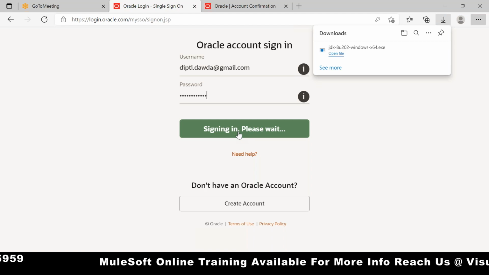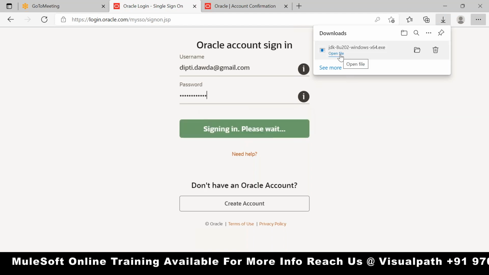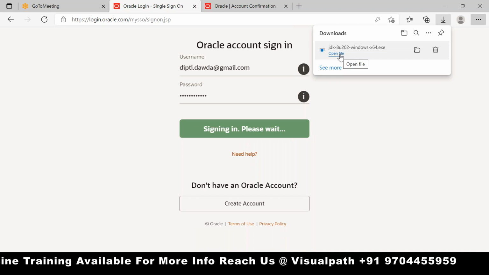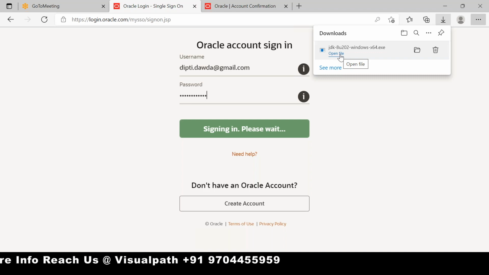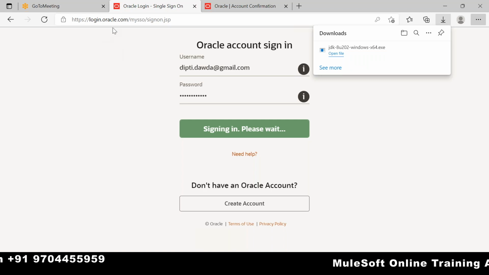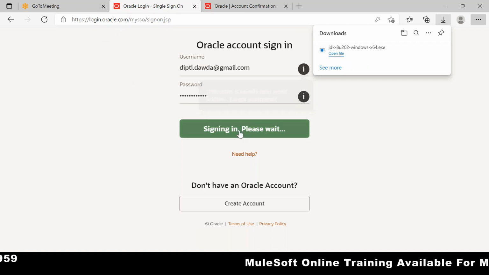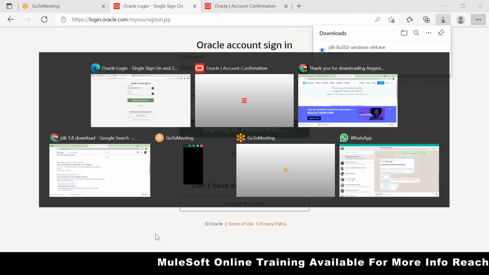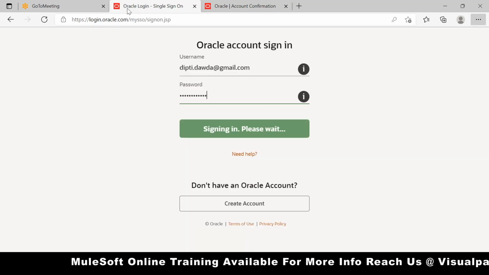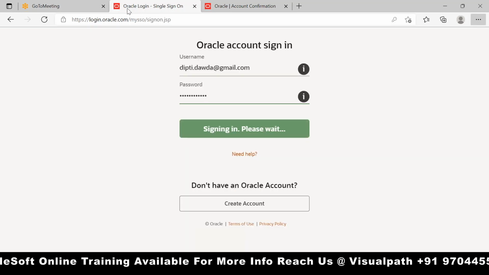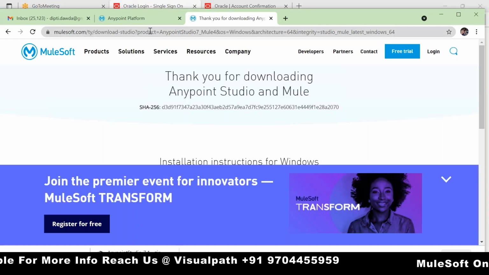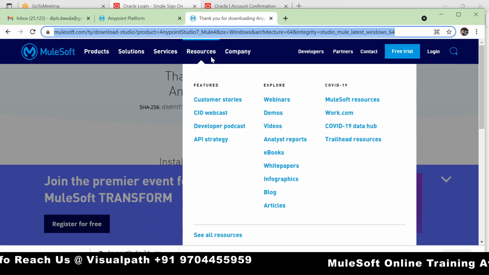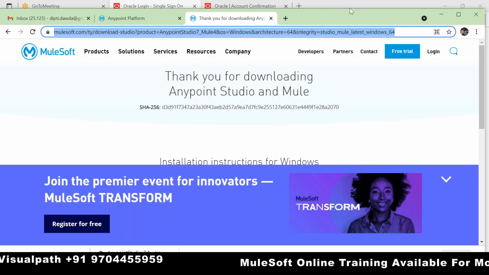Okay, so now let's go. Deepti, can you share all the links with the remaining team members? Yeah, sure. You want me to share it now or later? Yeah, you can share it now so that everyone will have it. Okay. I hope everyone is installing the software on your machines simultaneously, right?